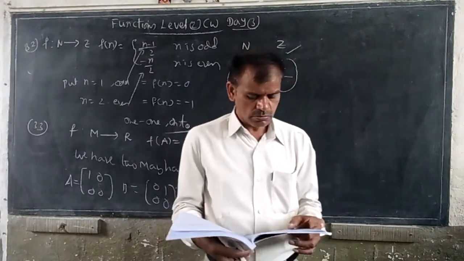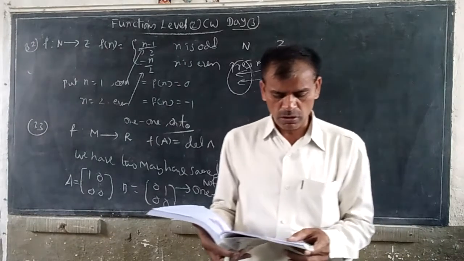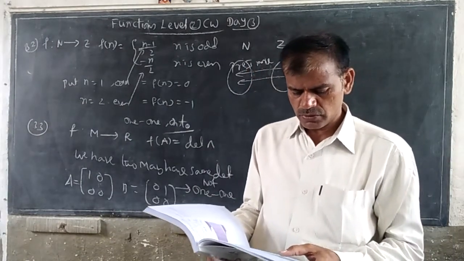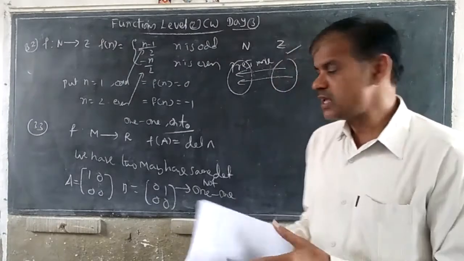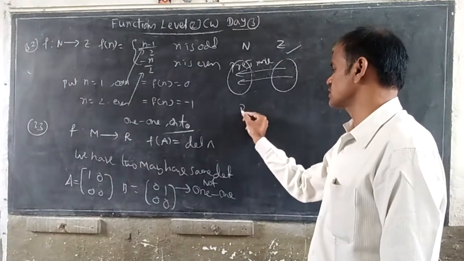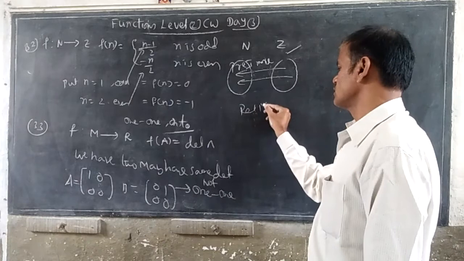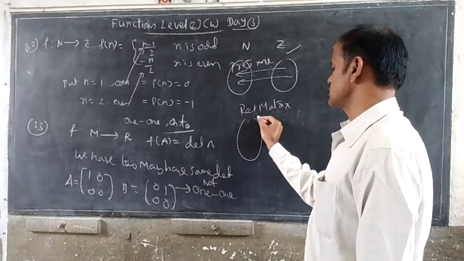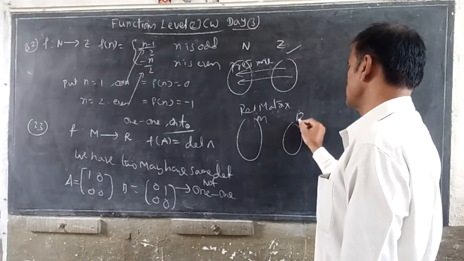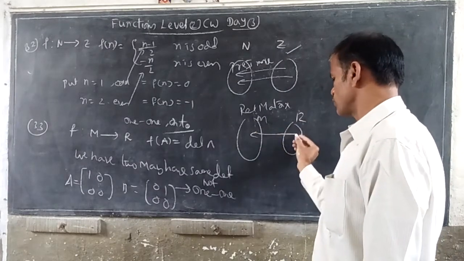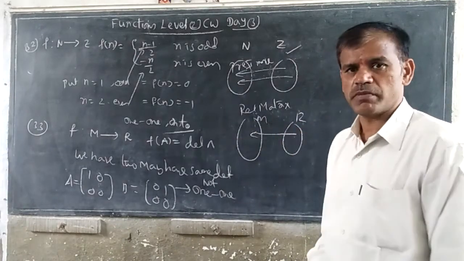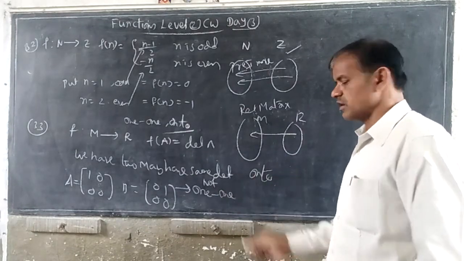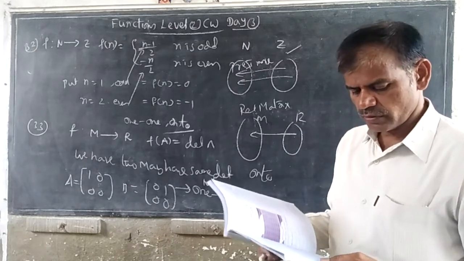But according to the given theory, f maps m to r, f of x is equal to A for all m, for any real number. The given matrix is a real matrix, so that is defined. So this is m and this is r. Any real number value you can get. So for every real value there will be a pre-image. So it is onto, but not 1-1. Yes, already heard it: onto, but not 1-1.